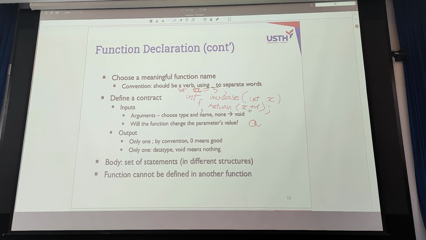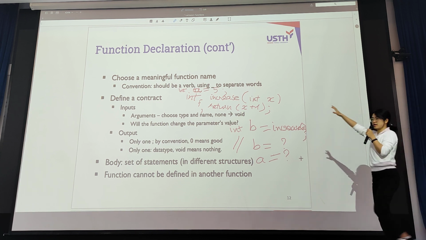B, sorry. int b is increase of a. So, what do you think? B is equal to what, and A is equal to what?